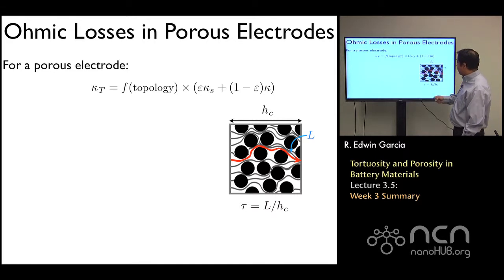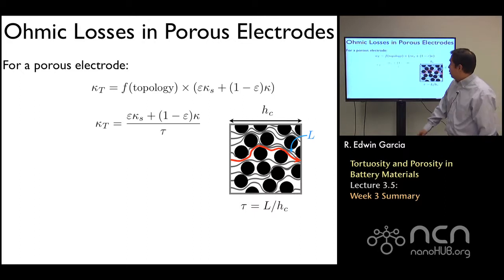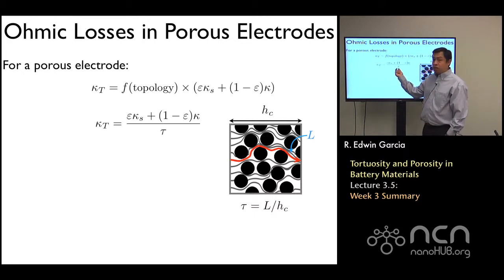Some of them could be straight, and some of them could be even completely blocked. And it is really the statistical averaging of all those contributions that gives you the average tortuosity of the system. If we then take that coefficient to be proportional to that value, then we assess the fact that